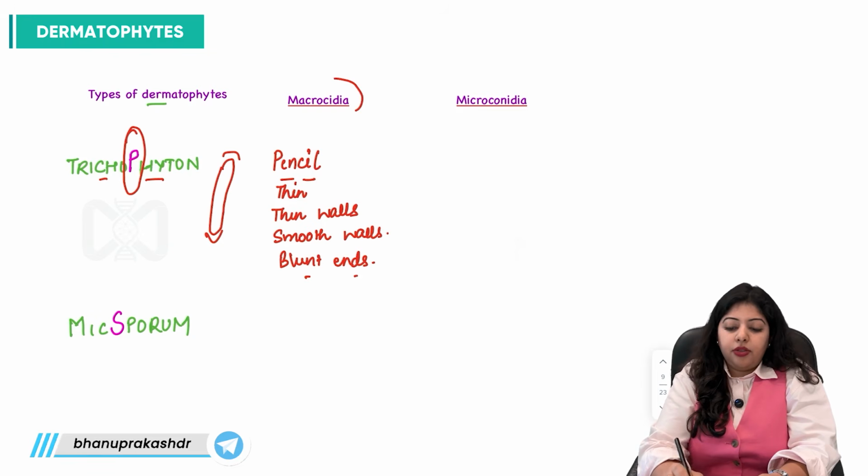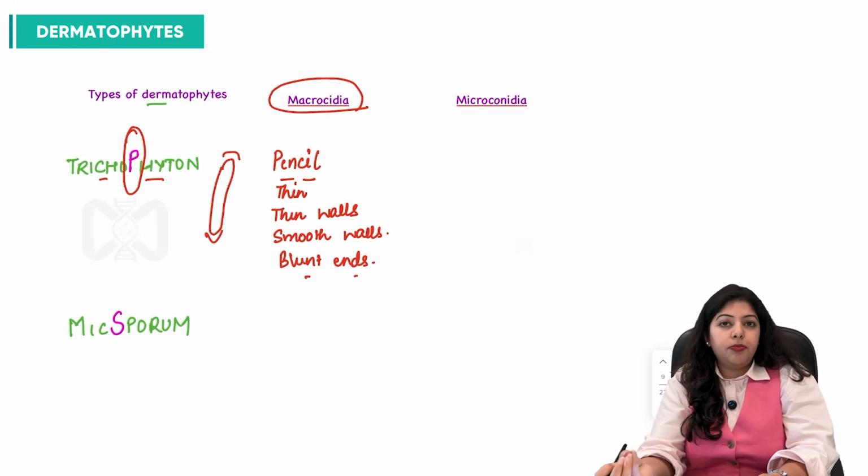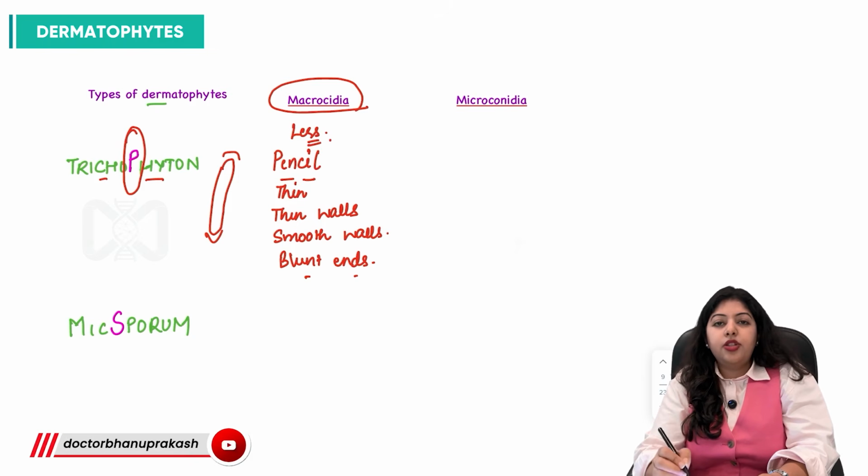And these macroconidia are not going to be large in quantity, but present in very less number. So they are less in number, pencil shaped, thin walled, smooth walled, and have blunted ends,